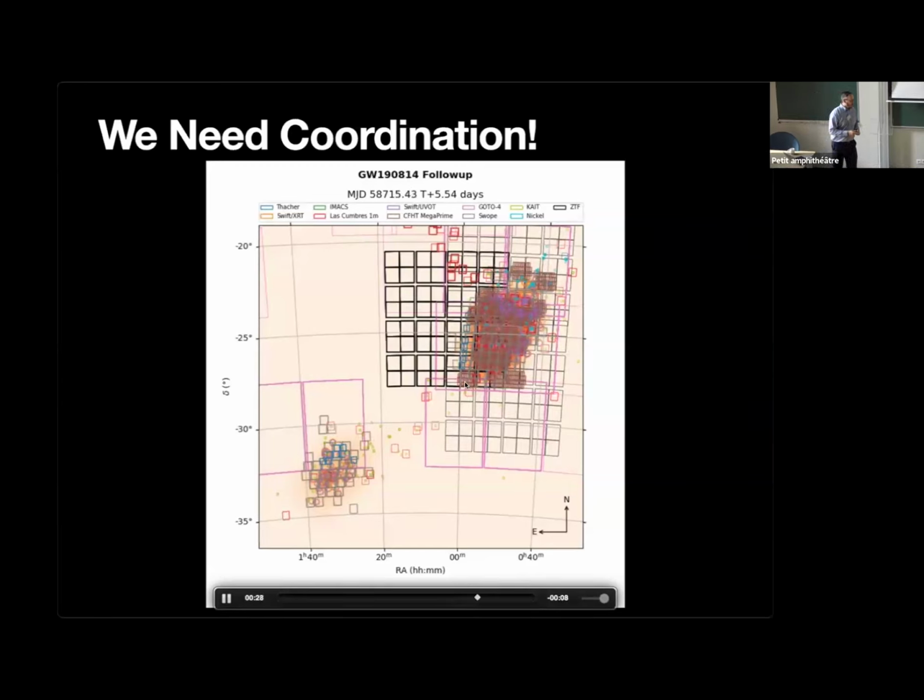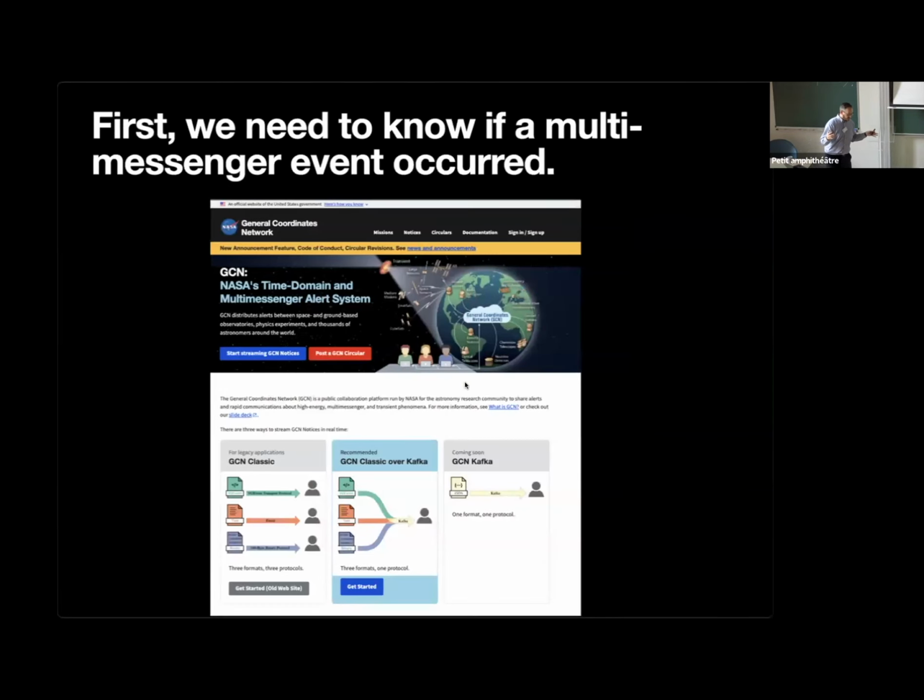So what I want to do is walk you through a full working example of what it's like to first receive the alert, and then talk about platforms that have been developed at each stage of the observing process. We start with the most basic thing: a gravitational wave event or an IceCube neutrino event occurs, some kind of multi-messenger event occurs, and then we want to start following up. So first off, we have to have some way to know about this. There are two different systems currently set up that are carrying the LIGO alerts, and we're currently working also with the IceCube group, but we're not all the way there yet.